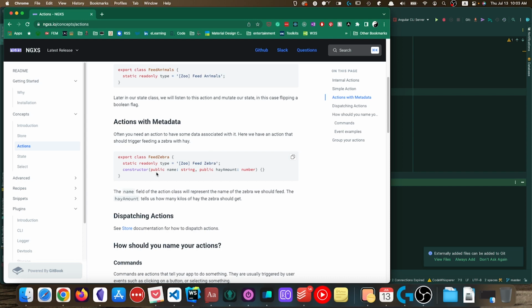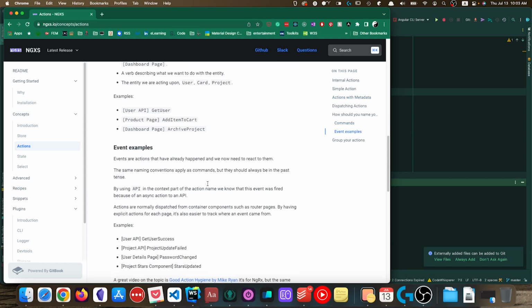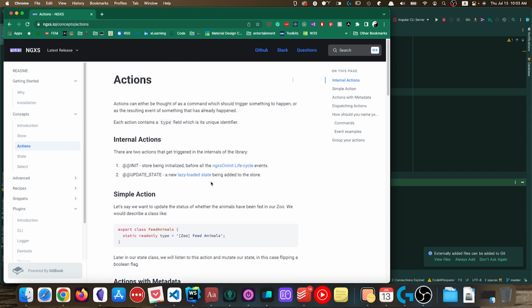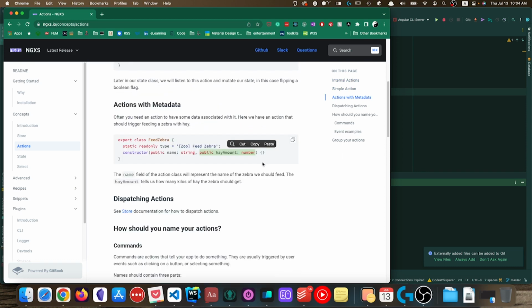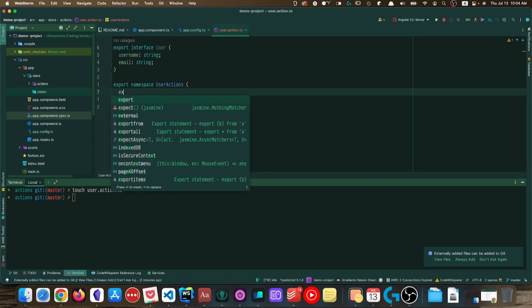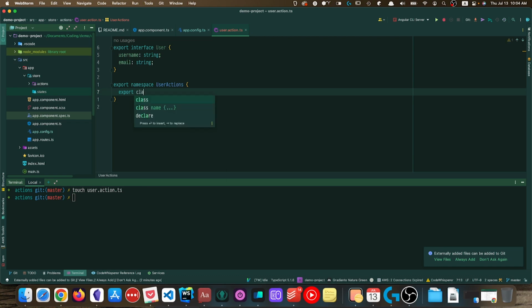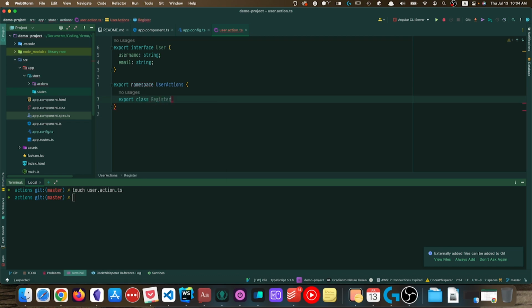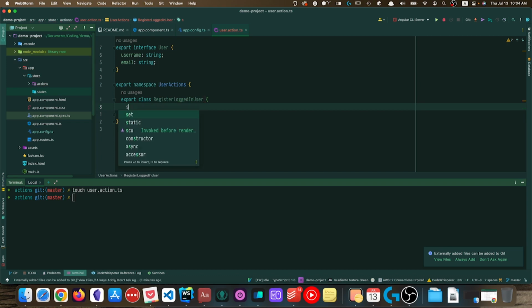inspection tool. And inside of the constructor, the way that I would set it up is you would have a property called payload, and that is essentially what you are writing into your store. So let's go ahead and set up one action that is going to register the currently logged in user to our store. So we're going to create a class called RegisterLoggedInUser. And inside of the class,